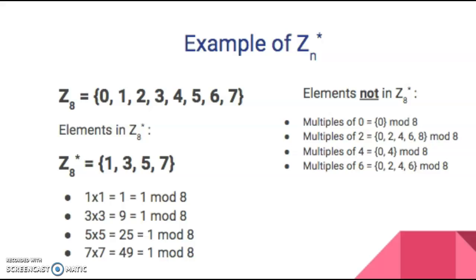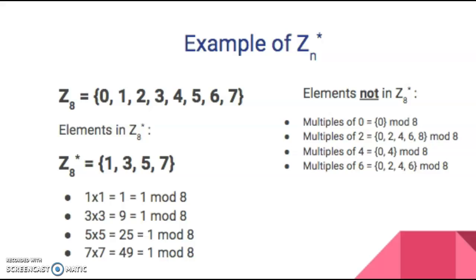Now, if we consider the integers modulo 8 star, the elements in that set are anything that has a multiplicative inverse. So anything that has another integer in that set which multiplies to be 1 modulo 8, or in other words, anything that has a remainder of 1 when multiplied by another integer